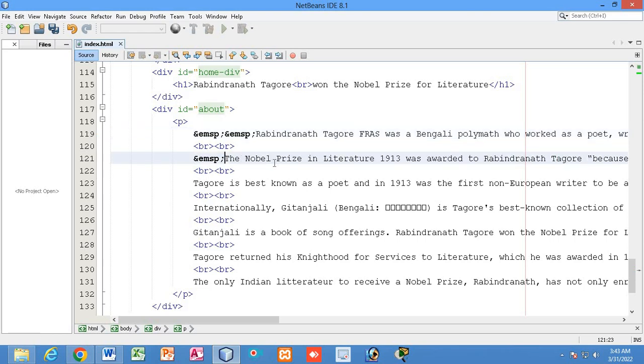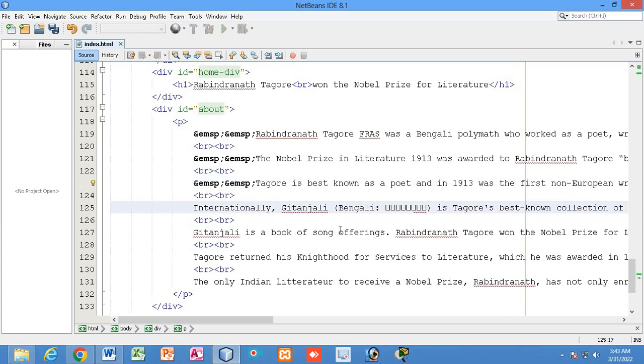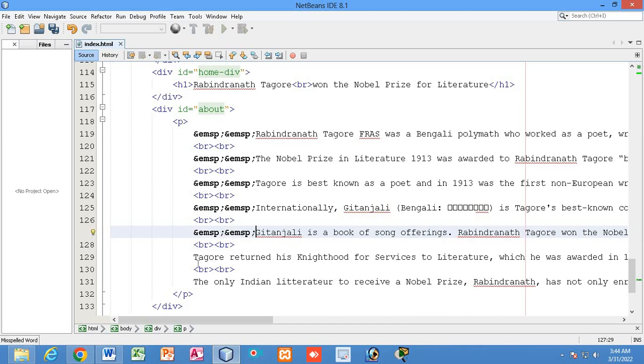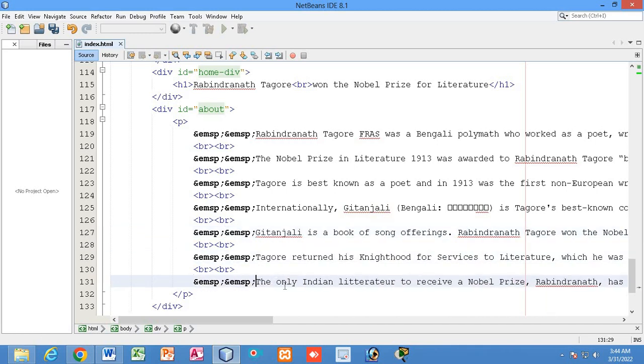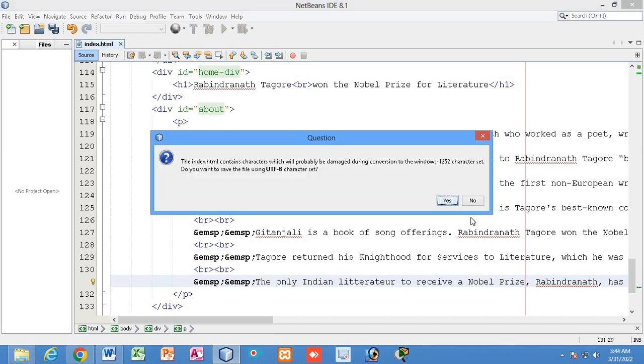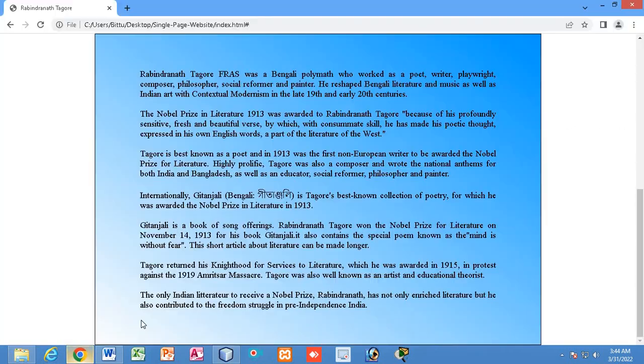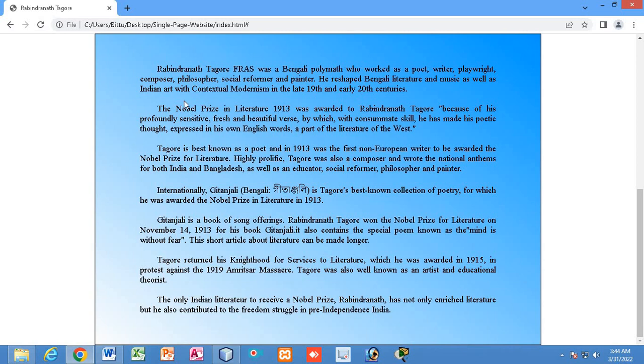So let me show you. So I am applying some extra space. Okay, so just go and check. Okay, you can see extra space, this much space I have added to each and every line. So this will be the about space.